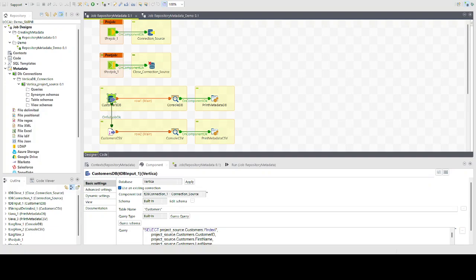Here in Talend Studio, we notice that the job has already been created, repository metadata. On the left side, notice the repository area with job designer and metadata. Also, we have the connection in the Vertica database, and we want to take a look in DB connection. Right-click our Vertica project source and select Edit Connection